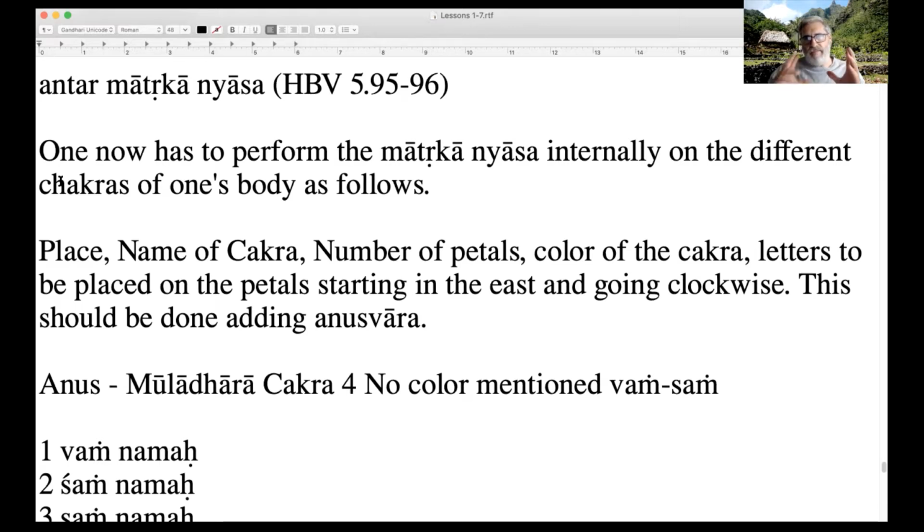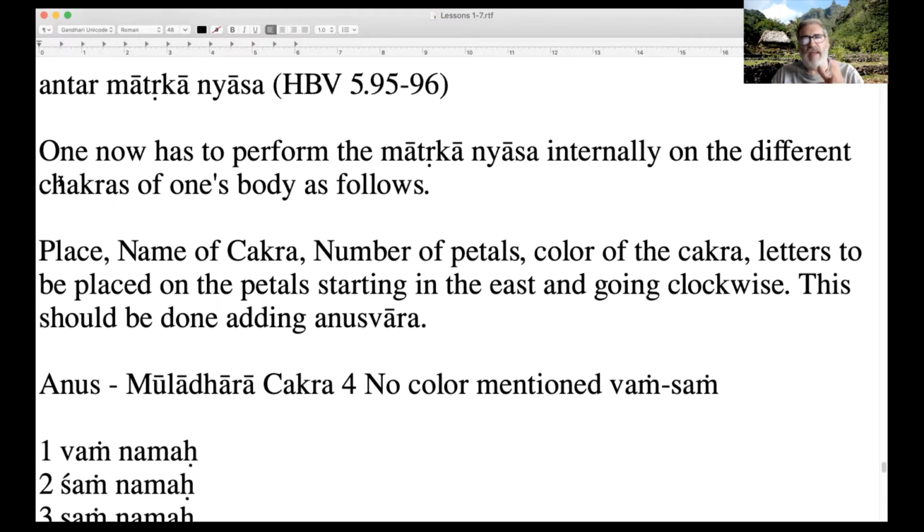When we meditate upon a chakra in the body, we meditate upon it as being a lotus, and the petal which looks like up is the one that we start with, and we go round clockwise. We consider that up to be east. So east, south, west, north, like that, if there were 4 petals.